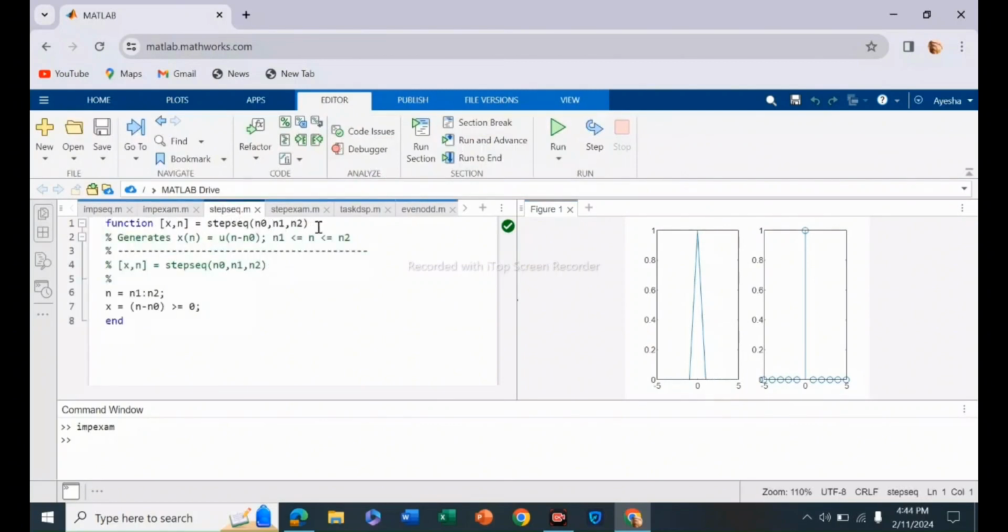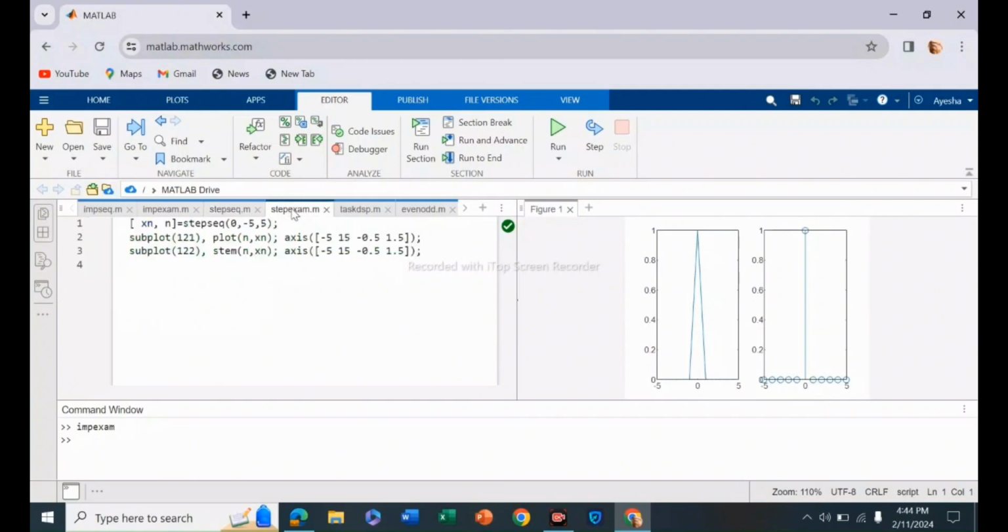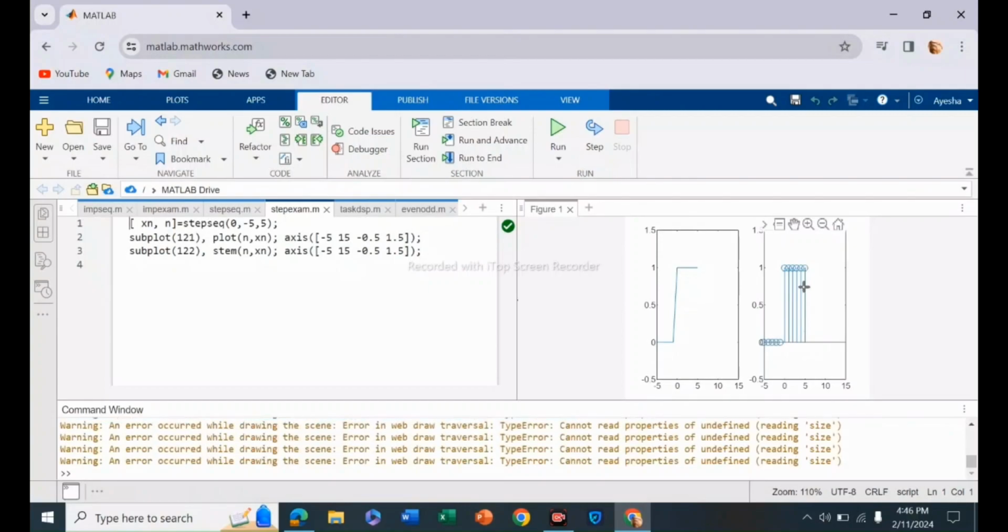It is a step sequence function with n0 index and n1 and n2 limits, and we have defined the limits 0 to 5, and we have used the plot and stem function in which x's are defined from -1 to 1.5, and this is the output given in the